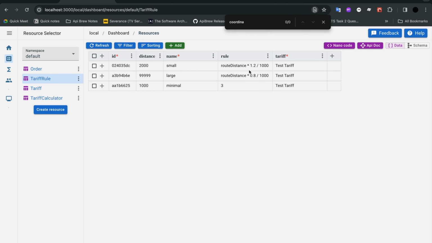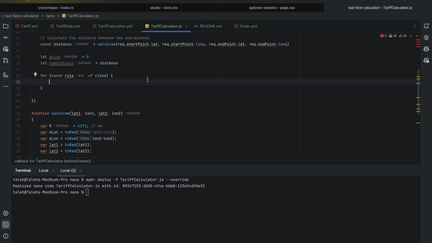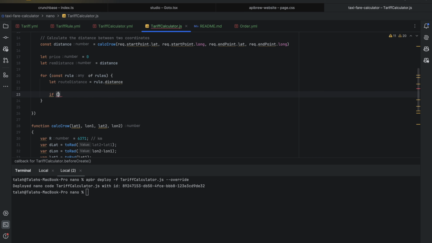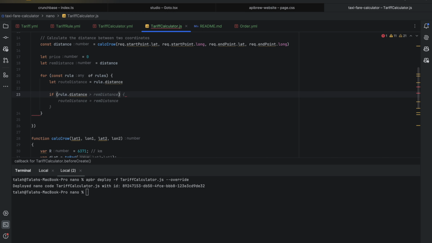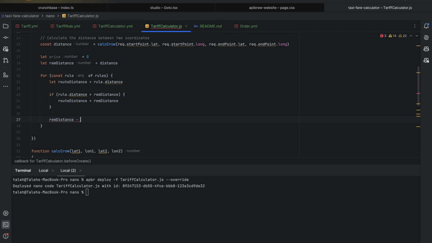And in the type rule, we can see that we have a rotate distance variable here. Let's calculate rotate distance first. It is rule.distance. If rule.distance is more than remaining distance, rotate distance will be remaining distance, and we will subtract rotate distance from remaining distance. Okay,